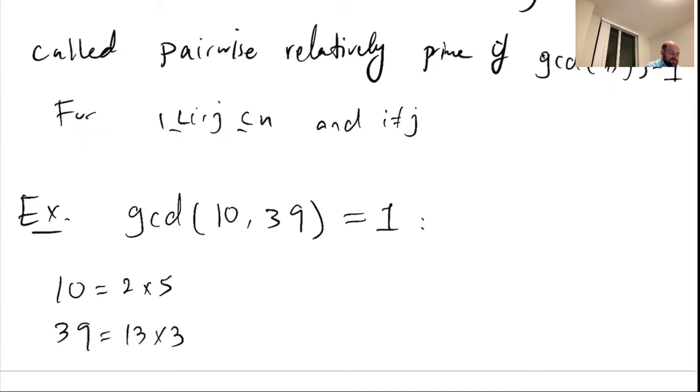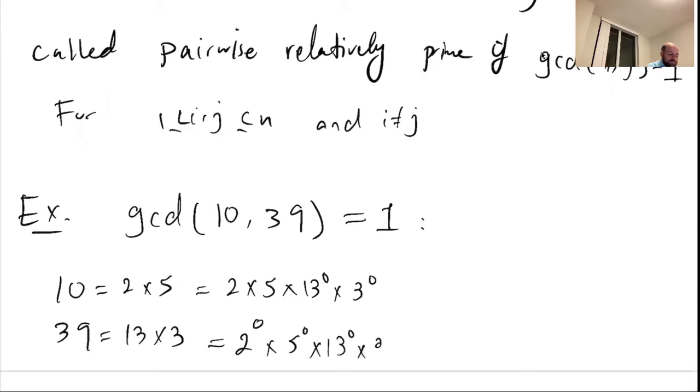So if I make the list of primes the same, I can write the first as 2 times 5 times 13 to power 0 times 3 to power 0. And similarly, the second as 2 to power 0, 5 to power 0, 13 to power 1